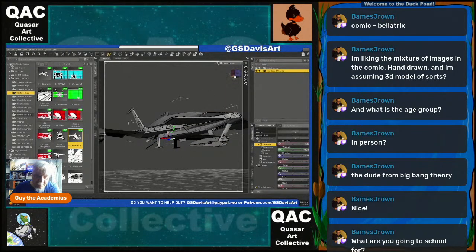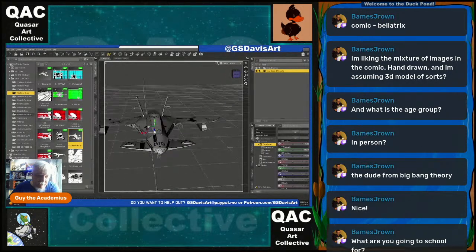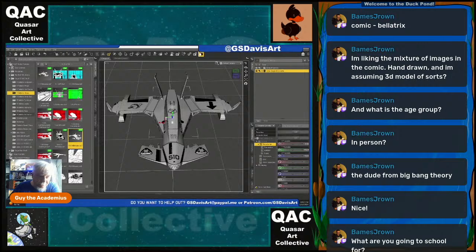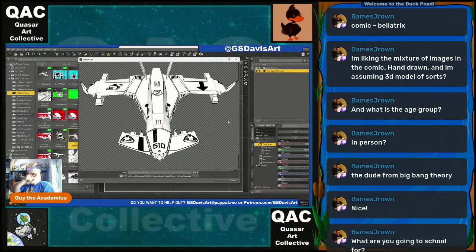So all the things can be maneuvered. I can zoom in and zoom out. It gives me some control. But when rendered, it looks like it's hand drawn, because I render it flat. And then whenever I bring it into the comic,